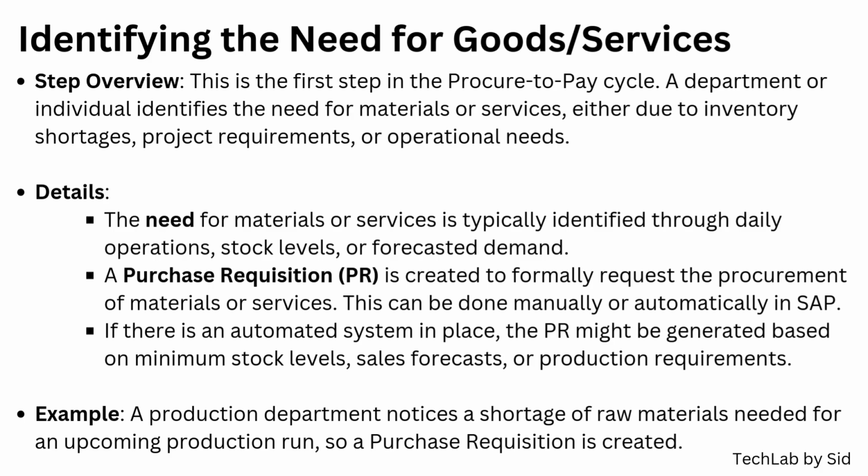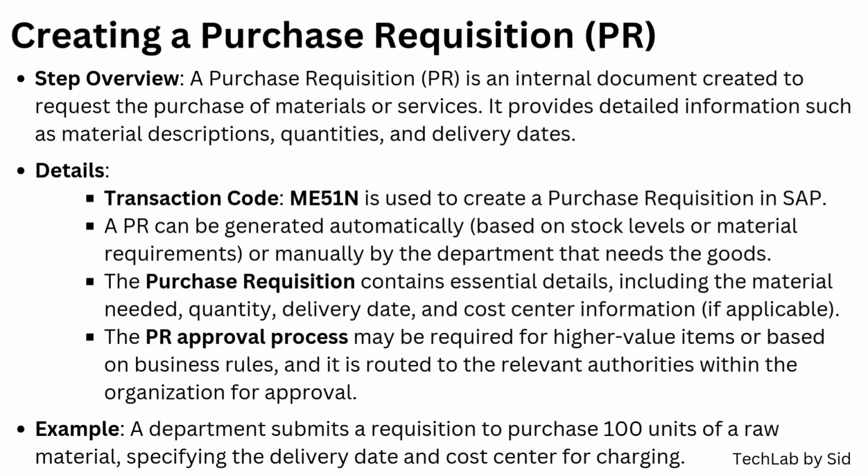This can be done manually or automatically based on triggers like low stock or production needs. Example, if a production department runs low on raw materials for an upcoming production, they would create a PR to request those materials. After identifying the need, the next step is creating a purchase requisition, which is an internal request